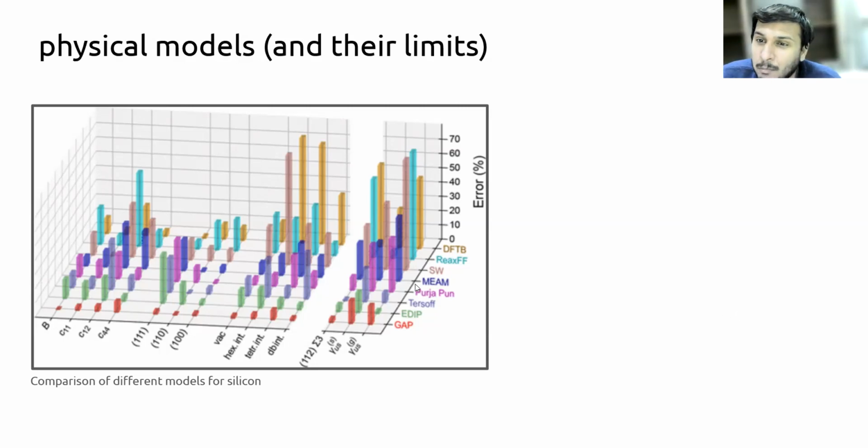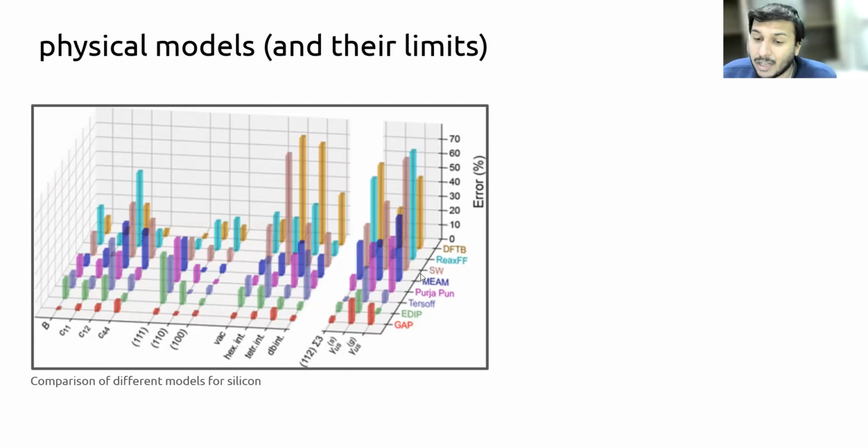So here, for example, this is a comparison of different models for silicon. And then in red, you've got the GAP potential. Now, GAP is a machine learning potential. And what they have tried to show in this plot is that you not only get low errors for certain properties like surface energies, but consistently on all properties, you get much lower errors. While if you compare these plots for other force fields, you'll see that you can get very low errors for some of them, but then that's compensated by much higher errors elsewhere. So there's a bit of a whack-a-mole going on where you can actually nail one of these properties, but the